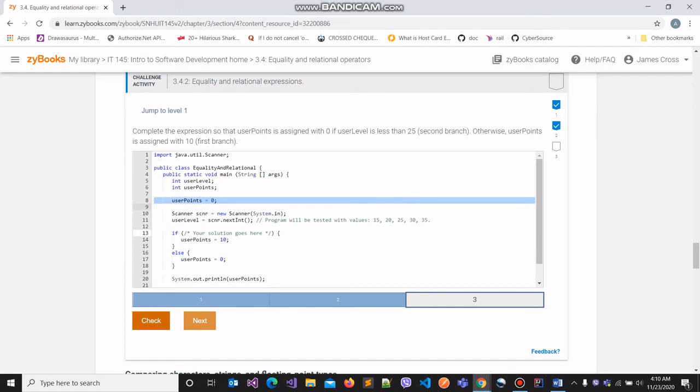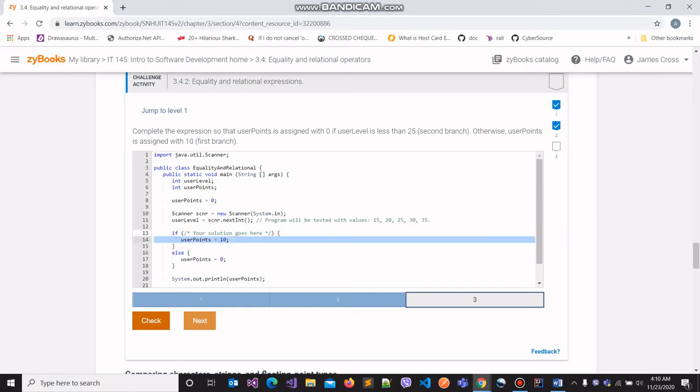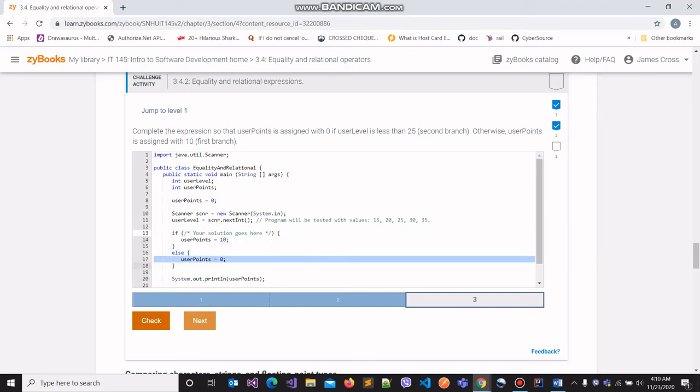The program is taking some input from the user and assigning it to the variable userLevel. Now we are required to write an expression which, if it evaluates to true, then the variable userPoints will be assigned the value 10.